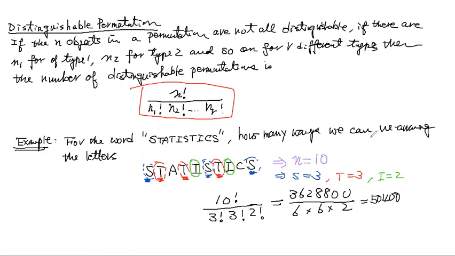Okay, so now let's take a look at a similar example here, all right? Let's see, can we know how to do that? This example here will show you. I'm going to use a word. Okay, so the word is Mississippi. So for the word Mississippi, if I want to rearrange the letters,